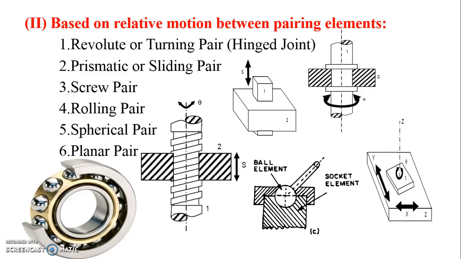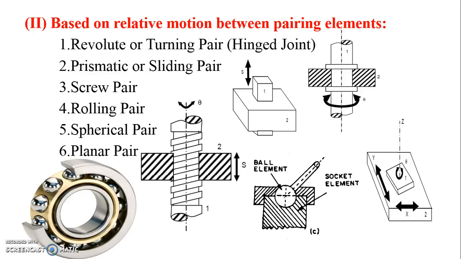In case of sliding pair, when the two elements of a pair are connected in such a way that one can only slide relative to the other, this type of pair is known as sliding pair. In case of screw pair, when the two elements of a pair are connected in such a way that one element can turn about the other by a screw thread,